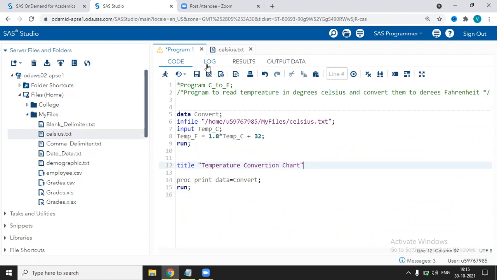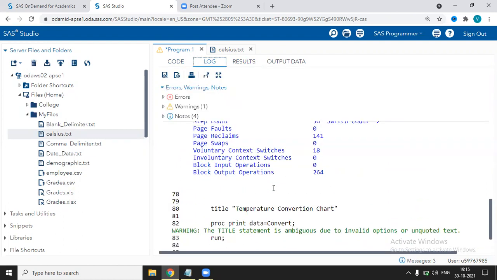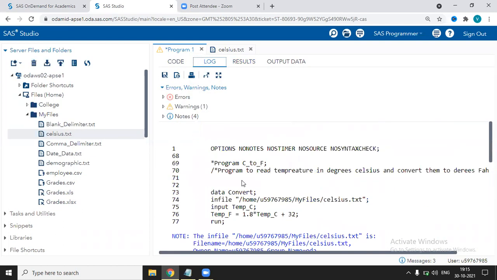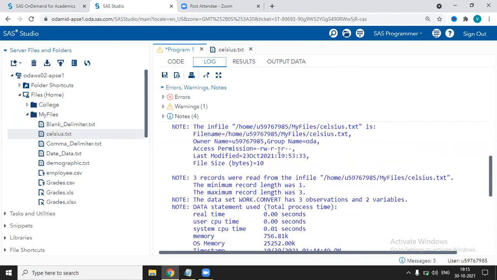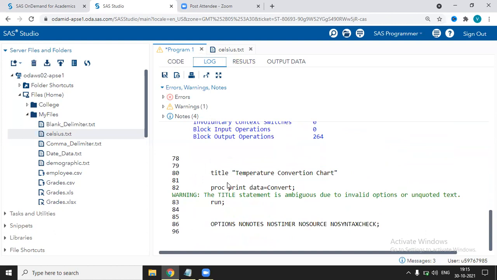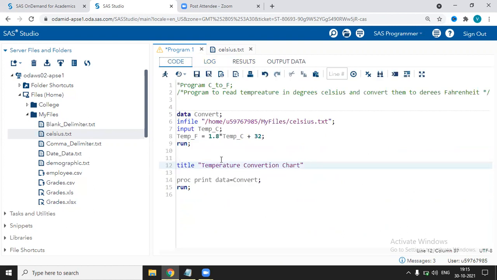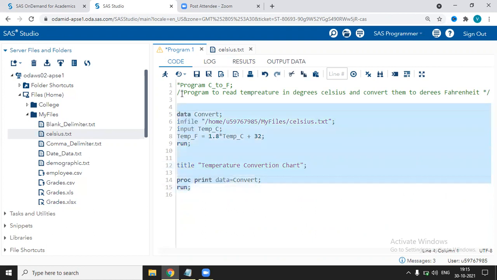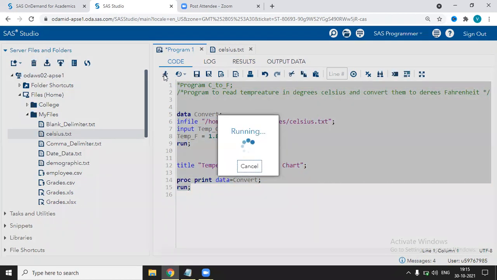You can see in the log, as I have explained, the log will contain your data set, your program, the file where your program is, and the time it used to execute. And at the end, it will give the error. Here you can see the title statement is invalid. For that, you have to see the code. We have made a mistake, that is, we have not given the semicolon. Now you can select all this program and run.